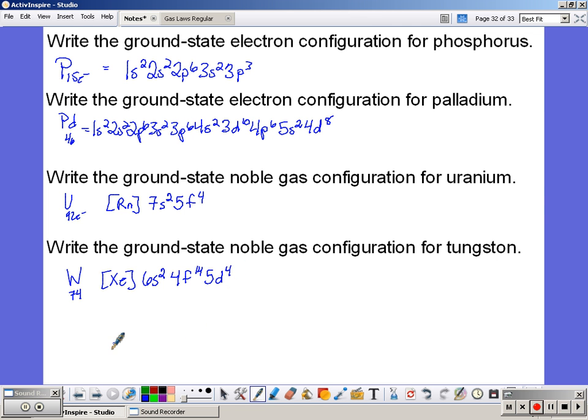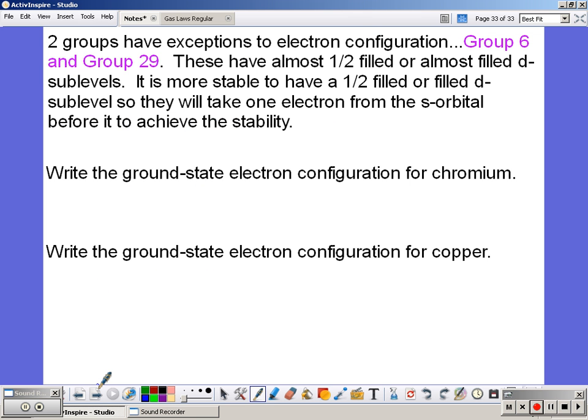Alright, so 2 groups actually have exceptions to the electron configuration: group 6 and group 11. These have almost half-filled or almost filled d sublevels. It's actually more stable to have a half-filled or filled d sublevel, so they'll actually take 1 electron from the s orbital that comes before it to fill or half-fill the d sublevel for